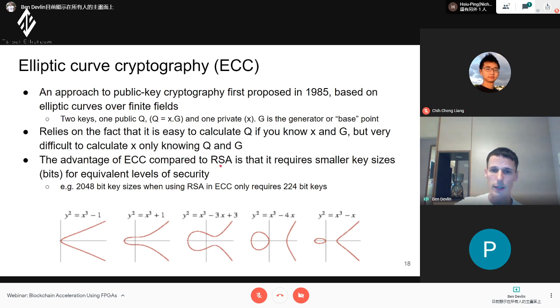But the advantage to RSA is that for the same kind of key size, you get a much smaller key, a much smaller amount of data that you need to store for the same security level. So for example, 2048 bits on RSA is equivalent to something like 224 bits on SEC. So for an application on the blockchain where you want to store signatures of messages or people's public keys, this helps a lot. It's nearly an order of magnitude smaller. And this is just showing different forms of elliptic curves when you change parameters.